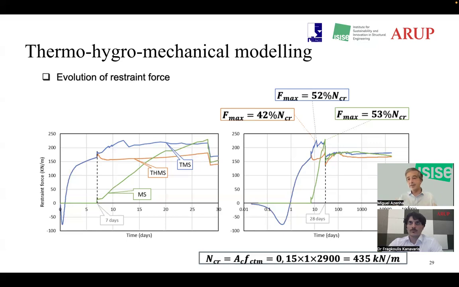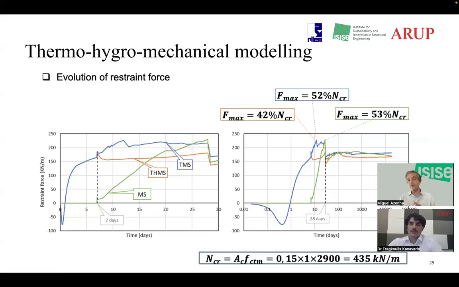And what we realized, and this is something that many engineers also do by heart, is that the real force that happens is almost half of that in most conditions. We see here several simulations, but I will not go into that detail. But what happened is, upon cracking, the maximum force in a restrained system with many complexities such as loading, non-uniform shrinkage, and so on, where the shrinkage was coming from the surface to the inside, was concluded to be roughly 50% of the theoretically expected with a very simple model.